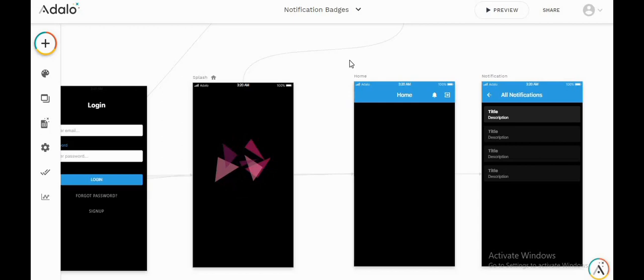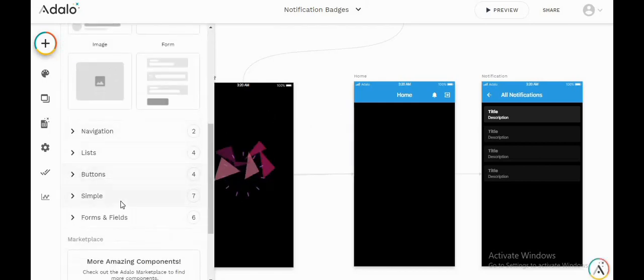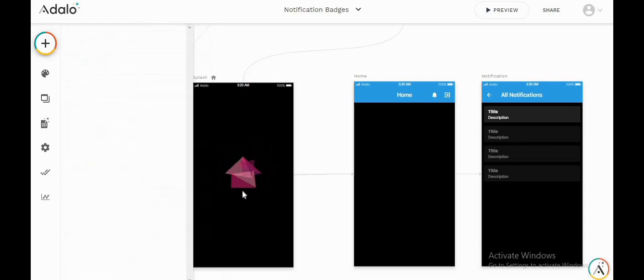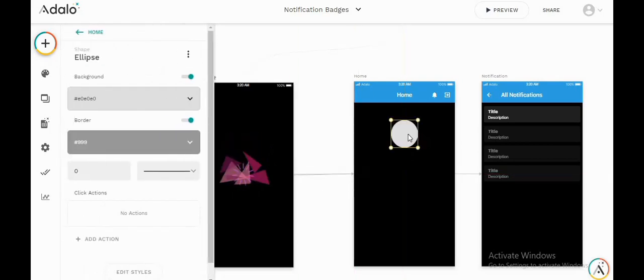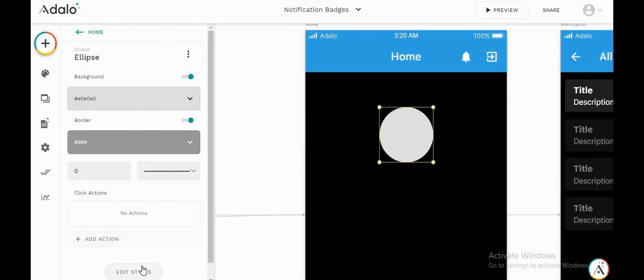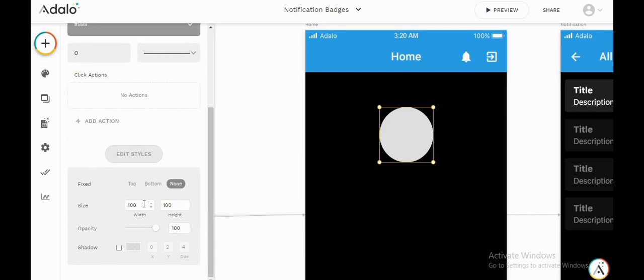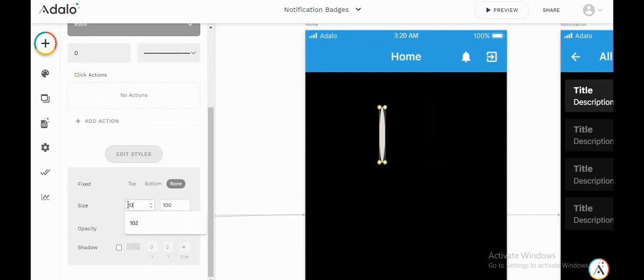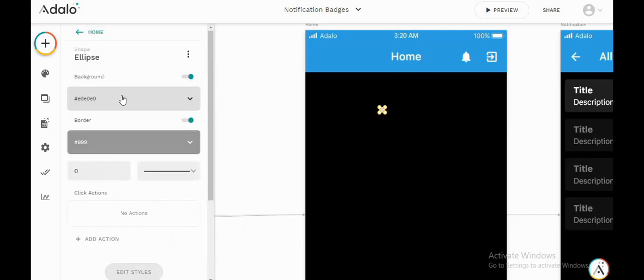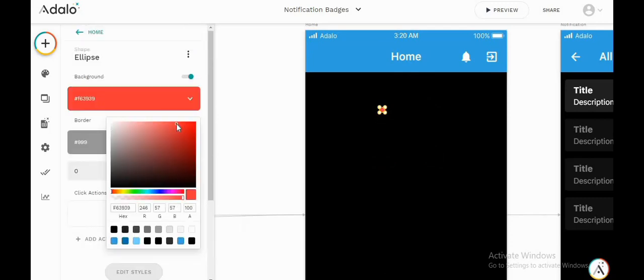So let's start creating the notification badges. So the first step is to drag and drop the circle component on the home screen. So I'm locating the circle component. Yeah, it's here. So it's actually called ellipse, but we are going to use circle. So let us just go to edit styles, and I will keep the size as 10 by 10, and I will keep the color as red right here.